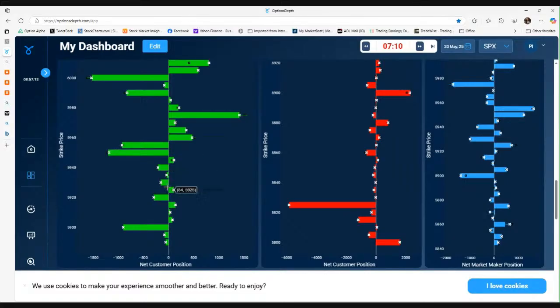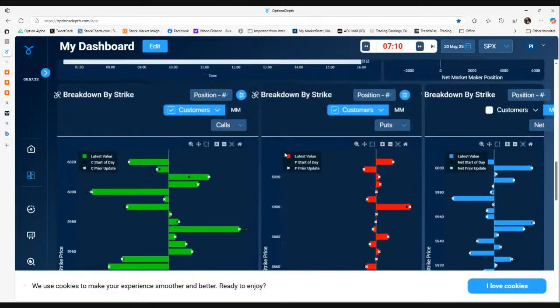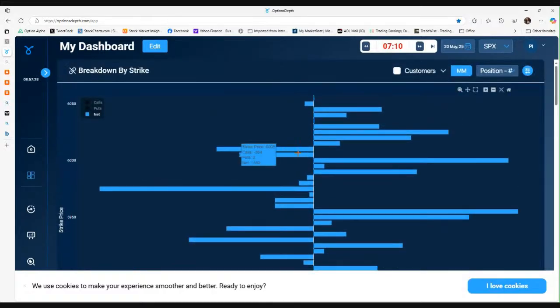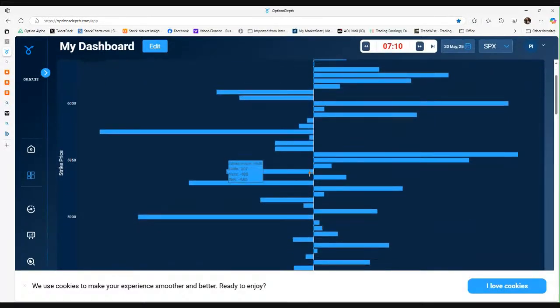Couple of short calls here. And really nothing till the 5,900. Now the 5,900 short calls and the long puts, if we just want to go back up here and see how that nets out, that nets out